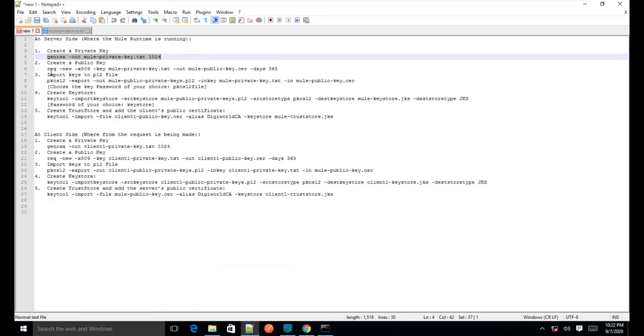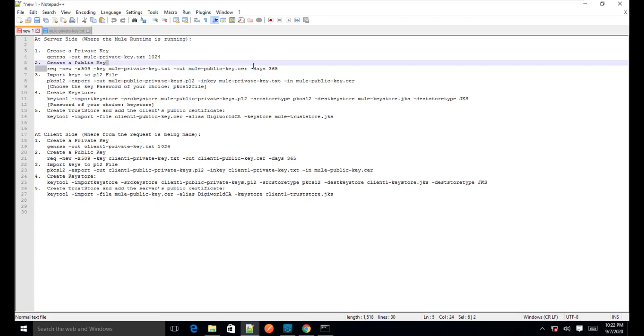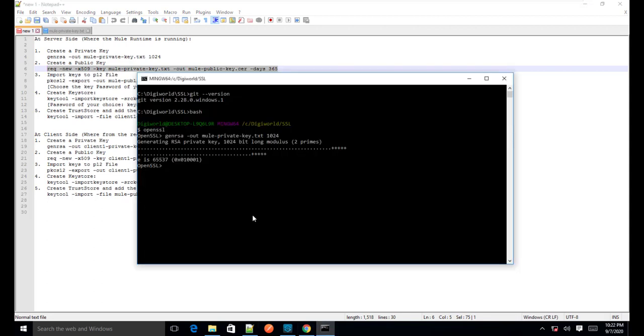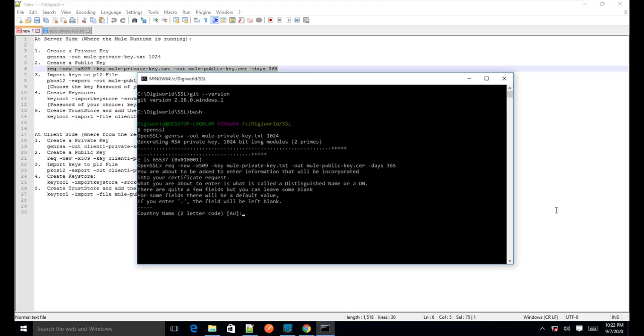Now we will create the public key using the private key. As you can see here, I have used the private key file to create the public key. While creating the public key, as I said, we need to mention some information. These are the information we have to use.